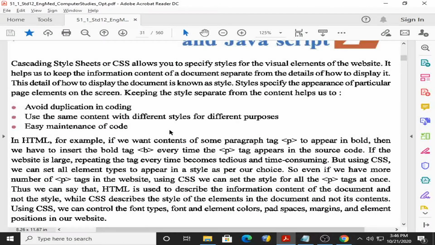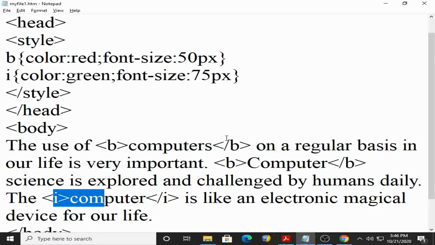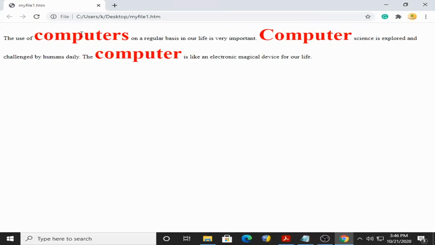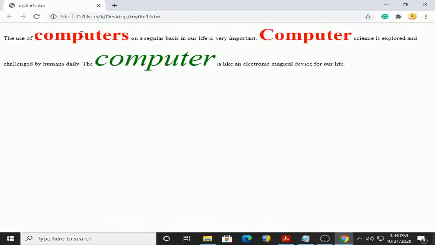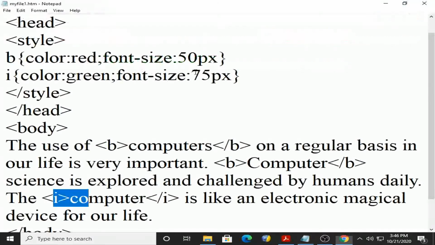Now the next is easy maintenance of code. Here it is very easy to go for maintenance. For example, my boss tells me to reduce the size from 50 to 40. Then I don't need to go to every place. I simply need to change over here. So right now the word computer comes with red and green, but size is 50 and 75.